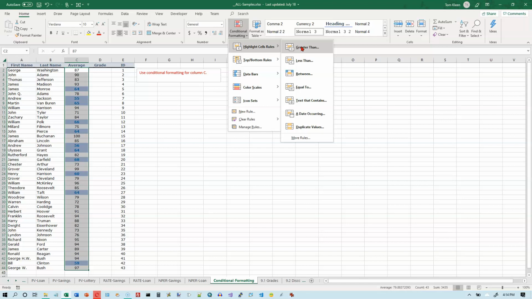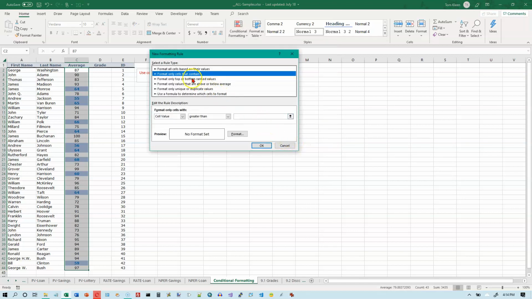Well, I want greater than or equal to, and that's not an option here. So notice we've also got some stuff for text and dates. And we've also got more rules down here. So by default, it comes up with format only cells that contain. And this is what you want almost all the time. We're not going to look at the other options here. And what I want is greater than or equal to, and then I'm going to put in the number 90